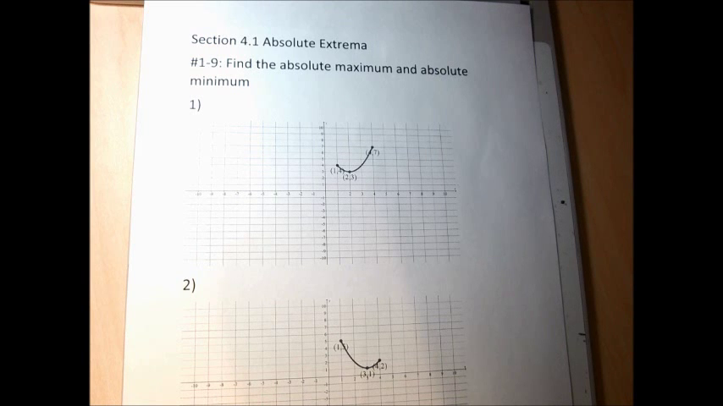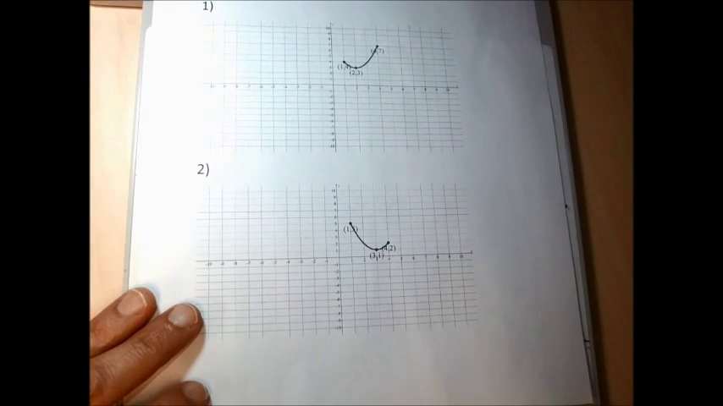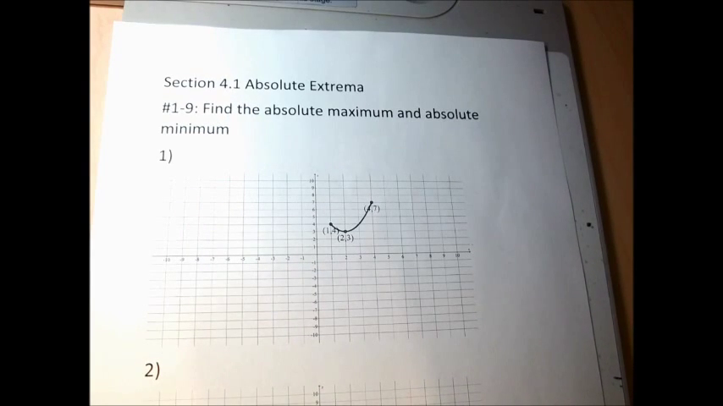The absolute maximum is the y-coordinate of the highest point on the graph over that given region. The absolute minimum is the y-coordinate of the lowest point of the graph in that given region. And any points that aren't the very highest point nor the very lowest point aren't an absolute maximum or an absolute minimum. So specifically, when I look at problem 2, if I wanted to find the absolute maximum and absolute